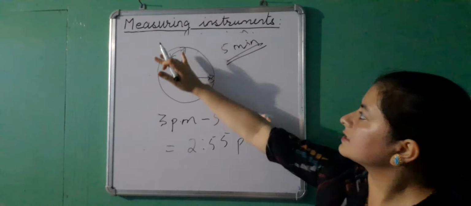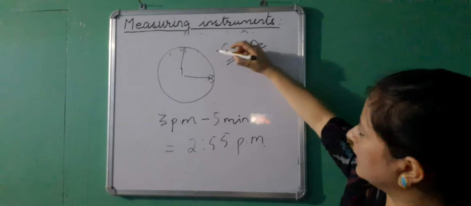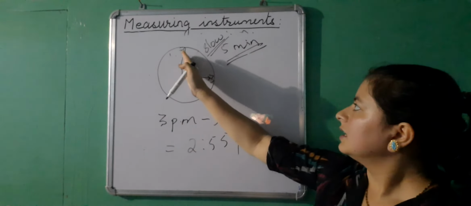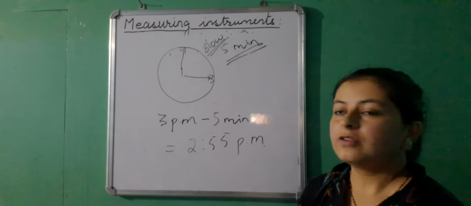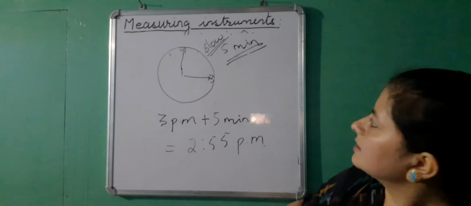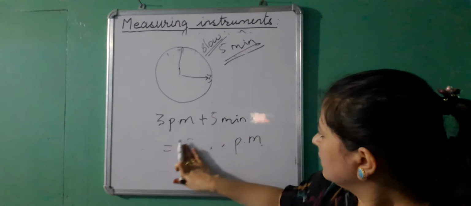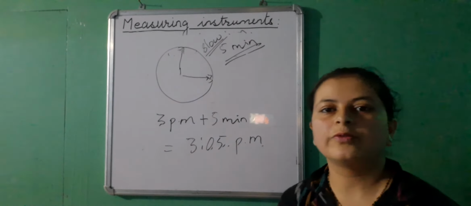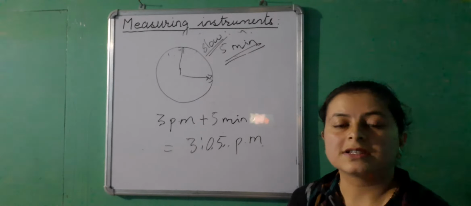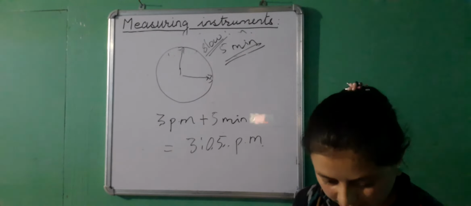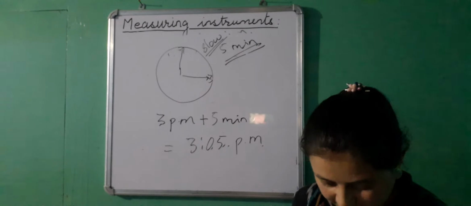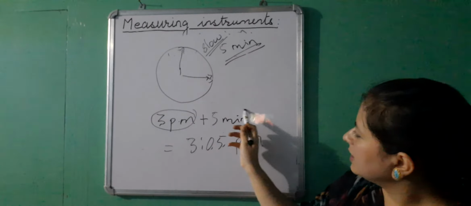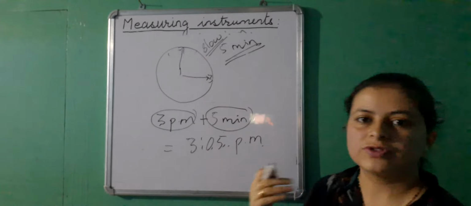Or if the clock is running slow by 5 minutes, this was ahead, now this new clock is running slow by 5 minutes and it is showing a time of 3 p.m. only. Now I know it is running slow, so I have to add those 5 minutes to get the correct time. So it is 3:05 p.m. This is how we correct error. If a clock has got an error, this is how we correct the error in a clock. So the correct time is given by the observed time. If it is running slow, then you have to add it. If it is running ahead, then you have to subtract it.